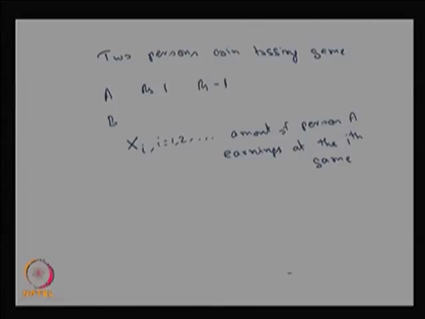I can create a random variable Sn, which is nothing but the summation of Xi, where i is equal to 1 to n. Therefore, Sn denotes the amount earned by person A at the end of the nth game, that is, the total amount. So, Xi denotes how much he is going to earn at the end of each game, whereas Sn is the total amount earned by person A at the end of the first n games. Therefore, this Sn